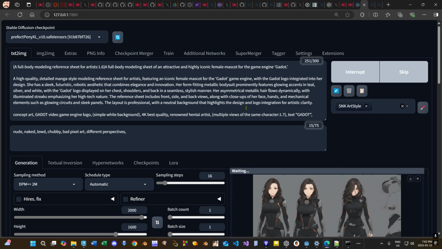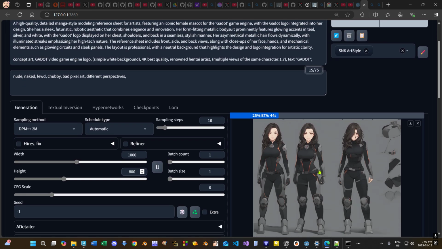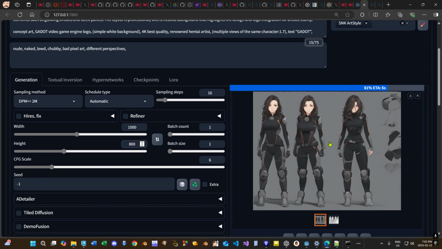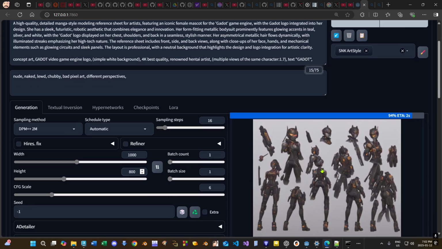So I can just hit generate, and it will just generate. The resolution's a little bit high. Maybe I should have lowered that. Whoops. Just knock that down. Otherwise, it's going to take like an hour. I'll just wait for that to get to the halfway point. It'll show you what the half res looks like. Or not. Usually it comes up with a preview. Okay, that's completely wrong. But anyway,